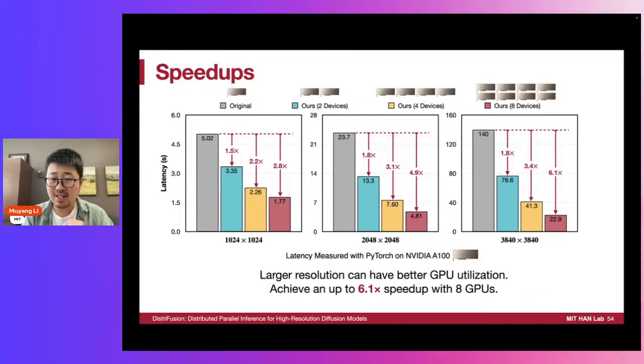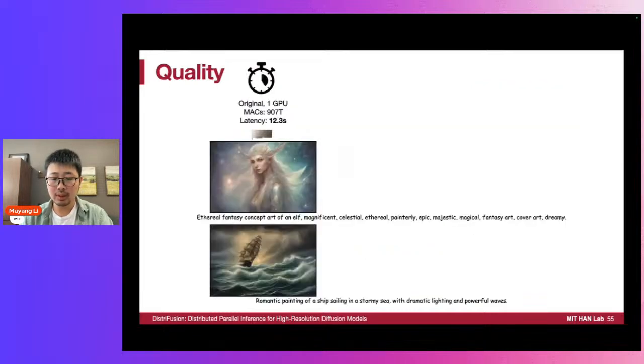Note that these results are benchmarked with very naive PyTorch inference, and with more advanced compilers or torch.compile, we anticipate even higher GPU utilization and consequently more pronounced speedups. And here we show our quality results.